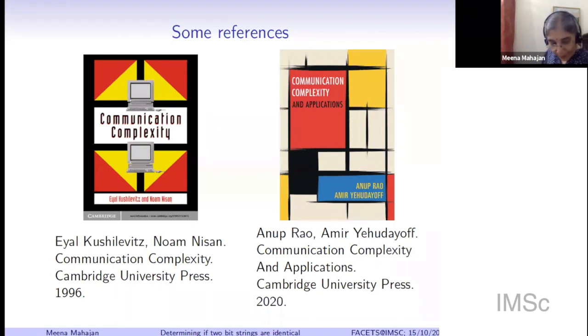I heard you saying that maybe we can try and reduce the error. I would not even use the word error in this context because error will come in only if there is randomness. The probability of error comes in if you are using randomness. Whereas here, what you are describing is a very deterministic protocol, which says what is to be sent when. Yes, ma'am. So many such ideas people have played around with. The equality function is a particularly nasty function where if you want the correct answer always you have to send n bits, but there are other functions for which tricks like this actually do work.